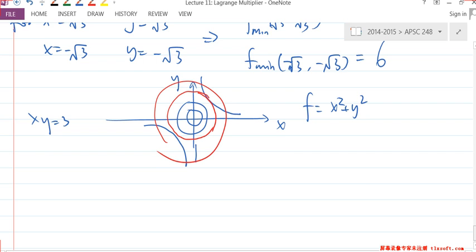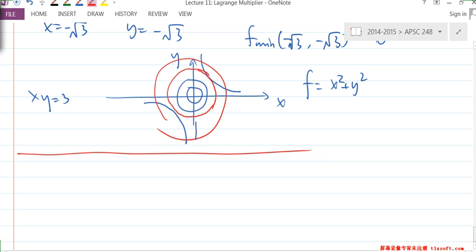So that's basically what I'm going to cover for the Lagrange multiplier. And then there's some optional stuff in the lecture notes, so you can take a look at it. Basically, your constraint may not be just one. You probably will have two constraints, right? So then what do we do? Okay. So the Lagrange multiplier will basically become a vector. Okay? Yeah. So I'll just make use of the rest of the time,